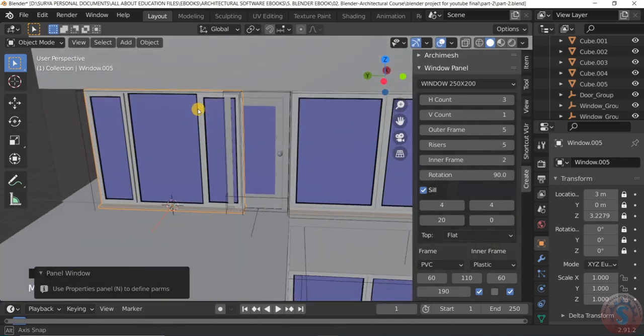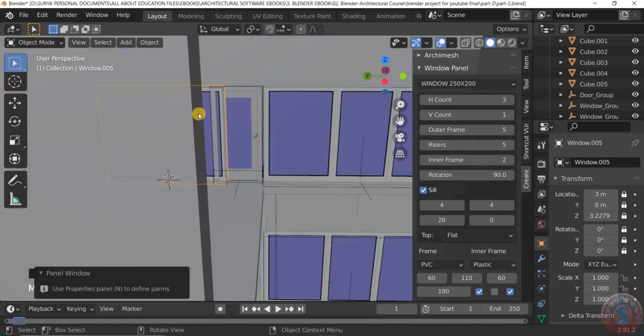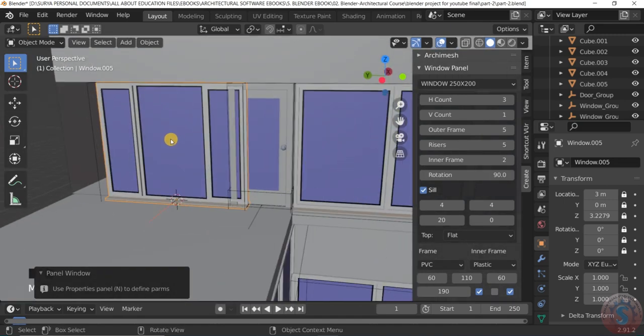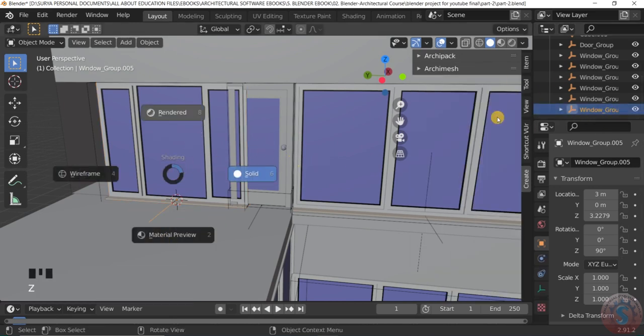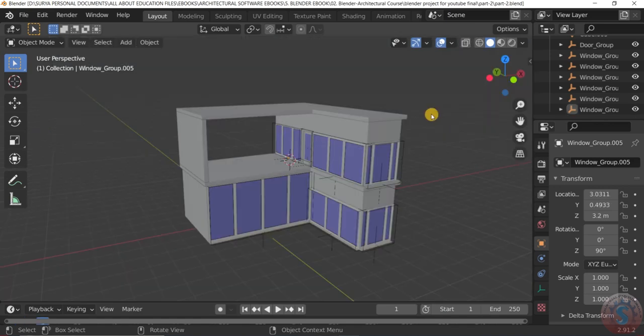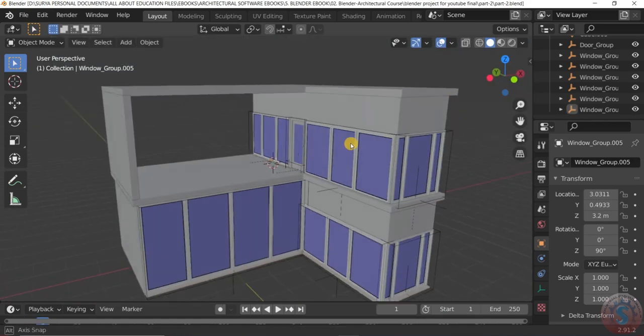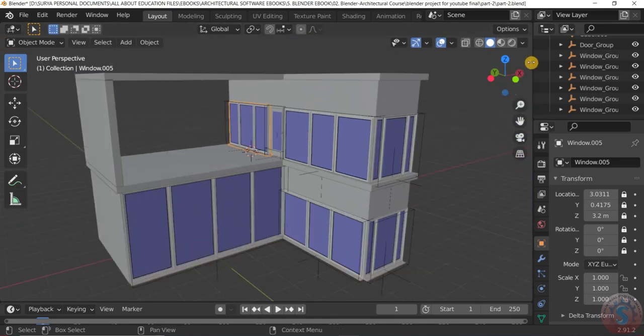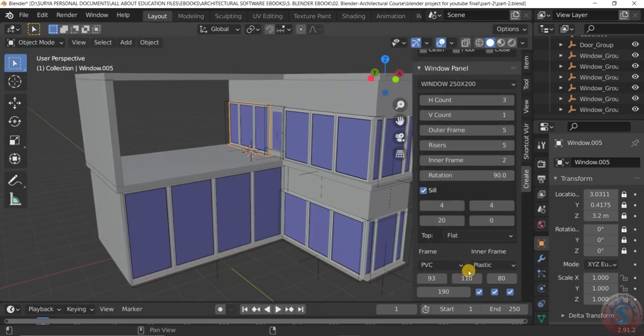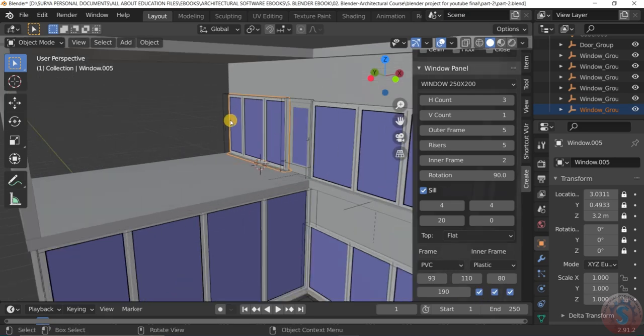After creating this, select the window group and press G. You can observe this is the panel window. How to give the dimensions was already explained in a previous tutorial. You can observe I am giving 93, 110, 80. Tick the marks for it to be without the difference of the panel window.